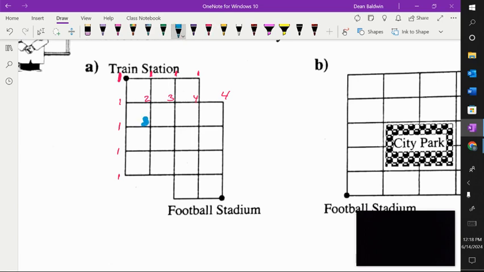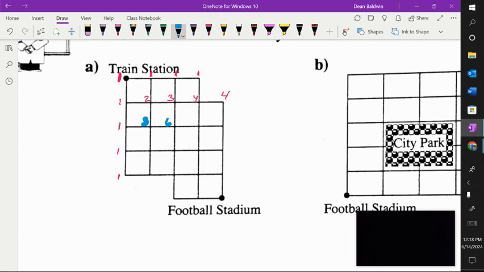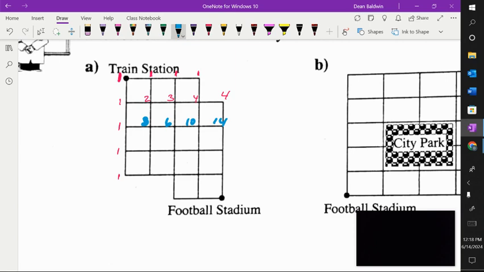2 and 1 is 3. 3 and 3 is 6. 6 and 4 is 10. 10 and 4 is 14. And then you go down again. 4, 10, 20, 34. Then you go to the next row. 4 and 1 is 5. 15, 35,